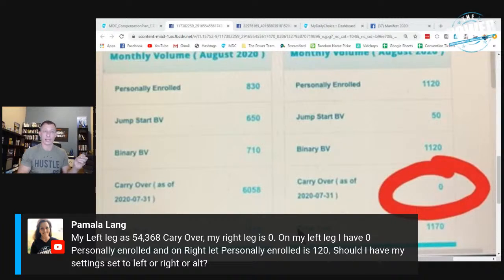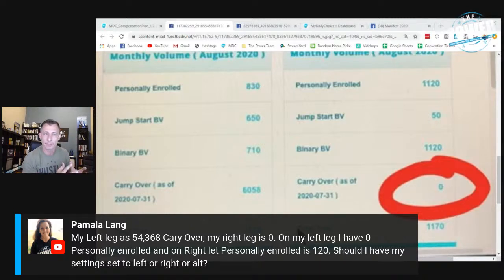90 on your left leg, because you have to. It could be a customer. It could be a family member. It could be a neighbor. It could be a friend, whoever it's going to be. It could be an affiliate. But you need to have somebody or multiple people on your left leg that is ordering at least 90 every